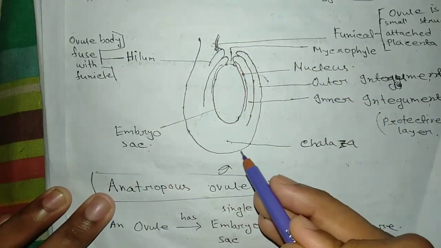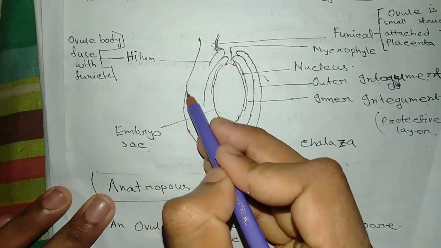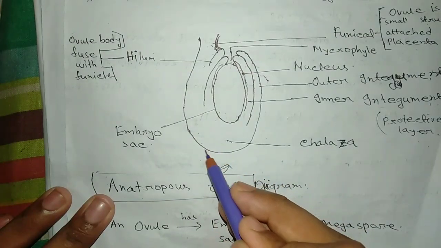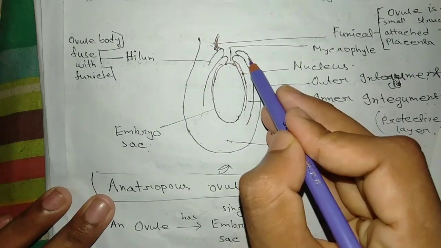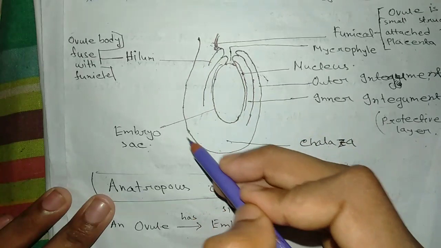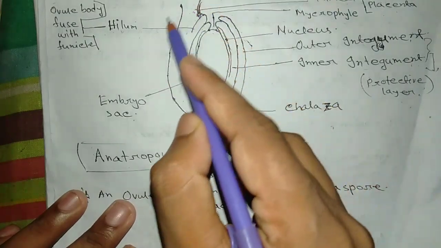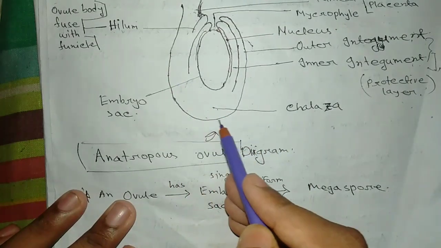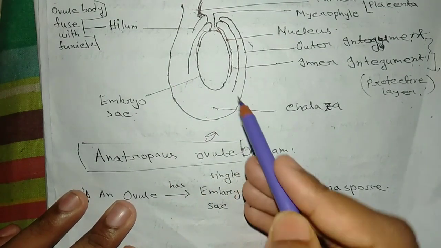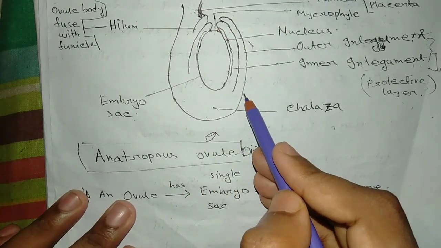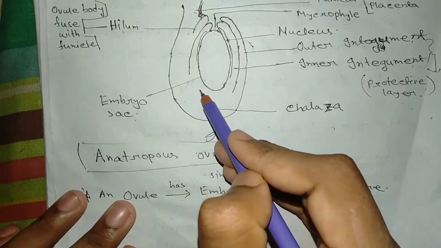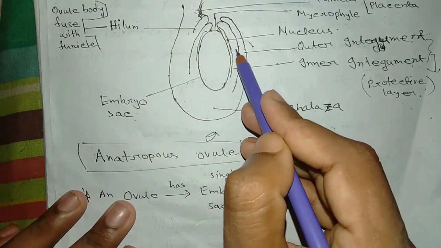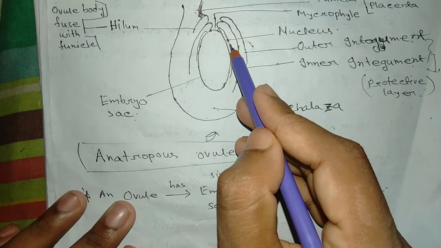This is ovary wall. Look at this part. The whole part is ovary, and this is ovary wall. This ovary wall next develops into fruit wall, and this inner part, which is known as ovule,